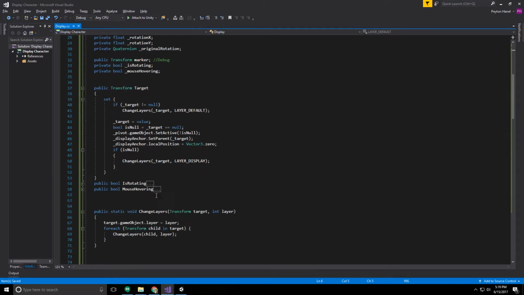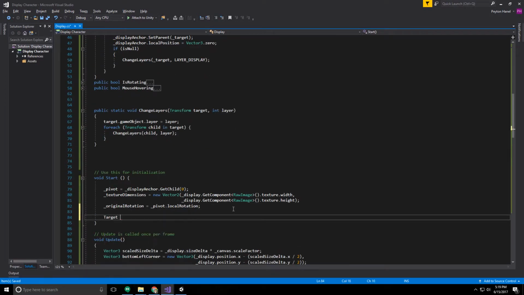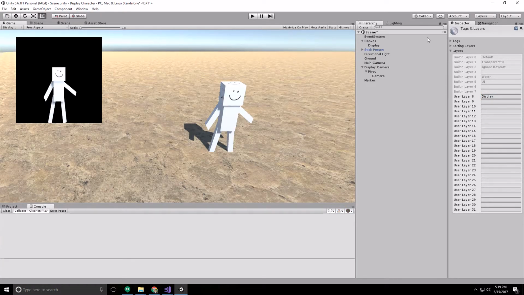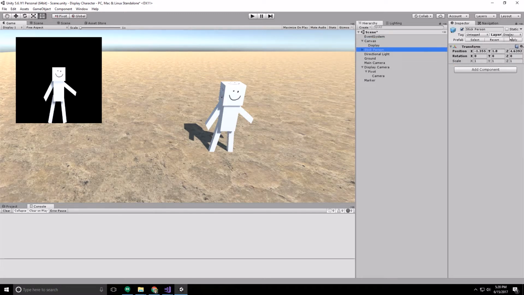So let's go into start. And target is equal to GameObject.Find("stick person"). This will find stick person for us. Stick person dot transform. And so this will work. This should clear. Yes. Okay. No errors. Good. Go to stick person and change his layer back to default. Yes. And so